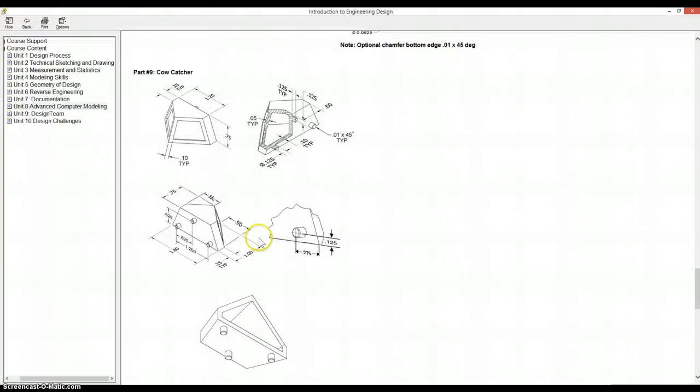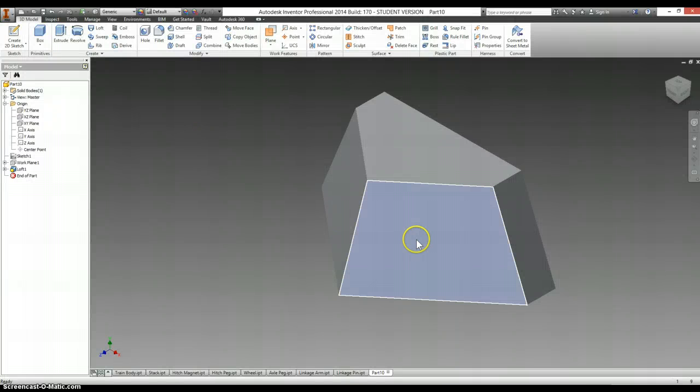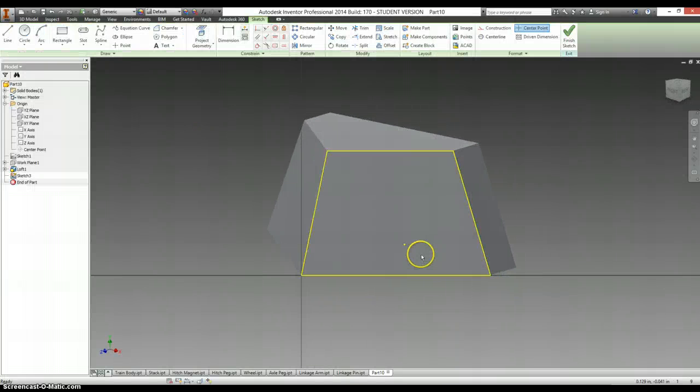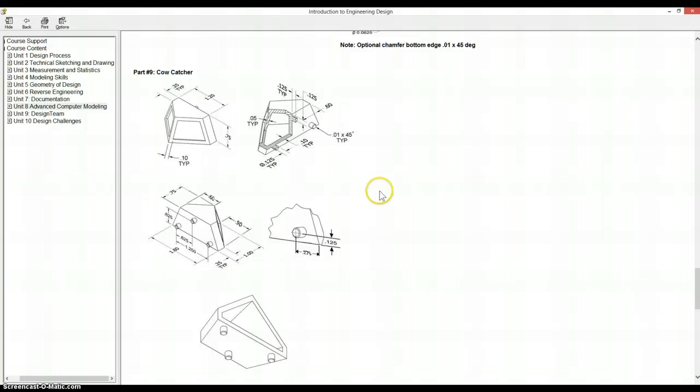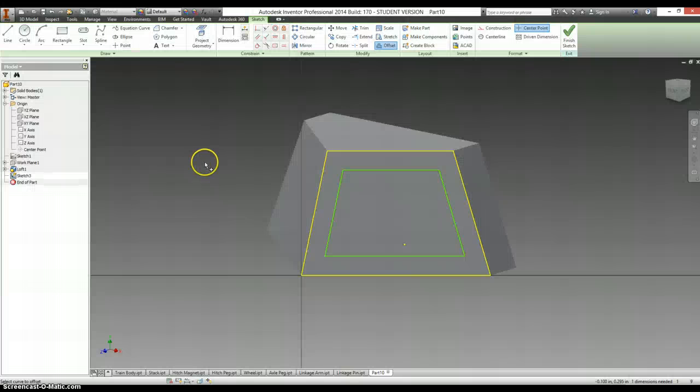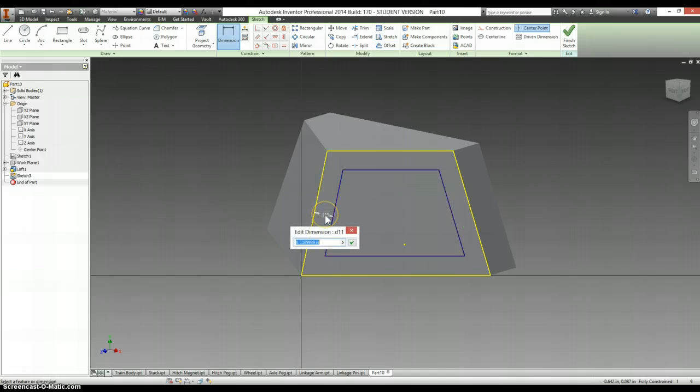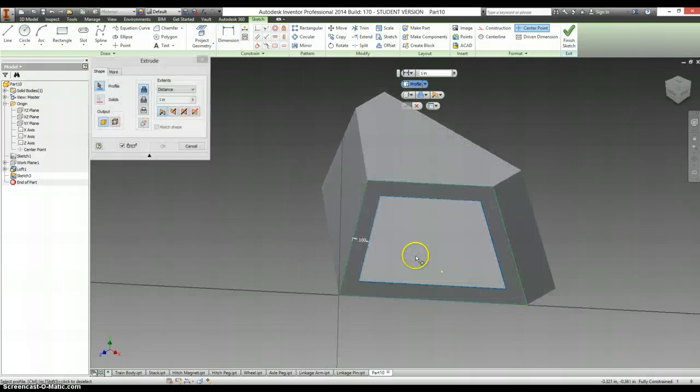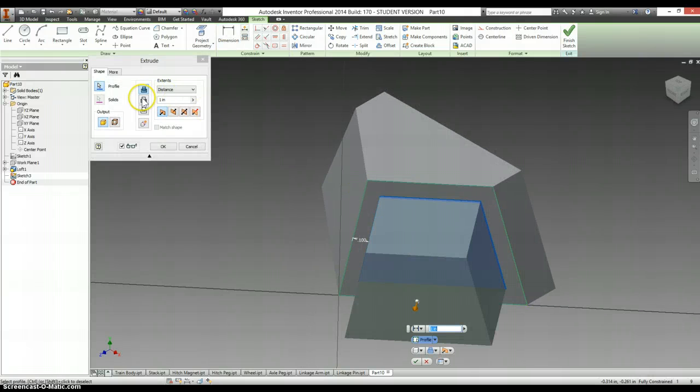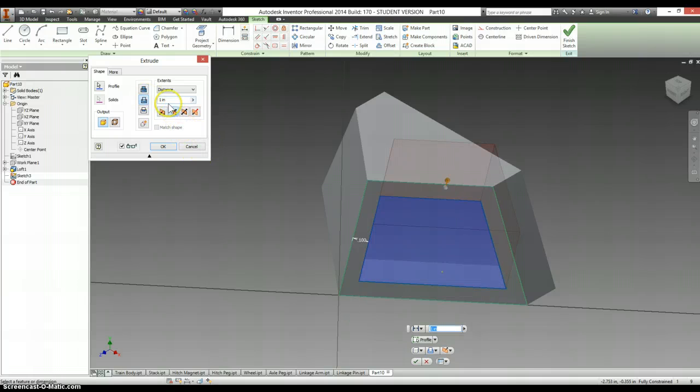Now we just have to go and sketch on our faces to make this part. And that's easily done. You say new sketch, you select offset, click on the outside lines and drop inside, and it says those are supposed to be 0.1 all the way around. So from there to there is 0.1. E for extrude. We're going to be cutting that out, and it's supposed to be,